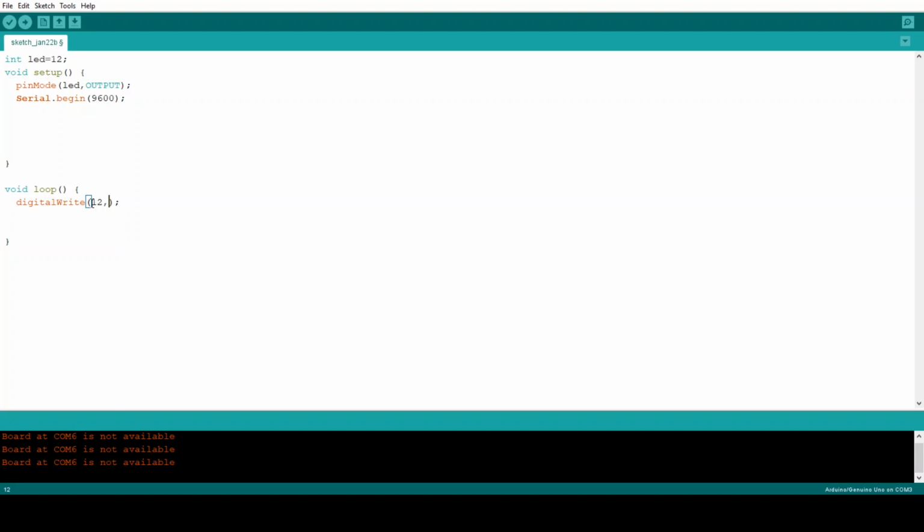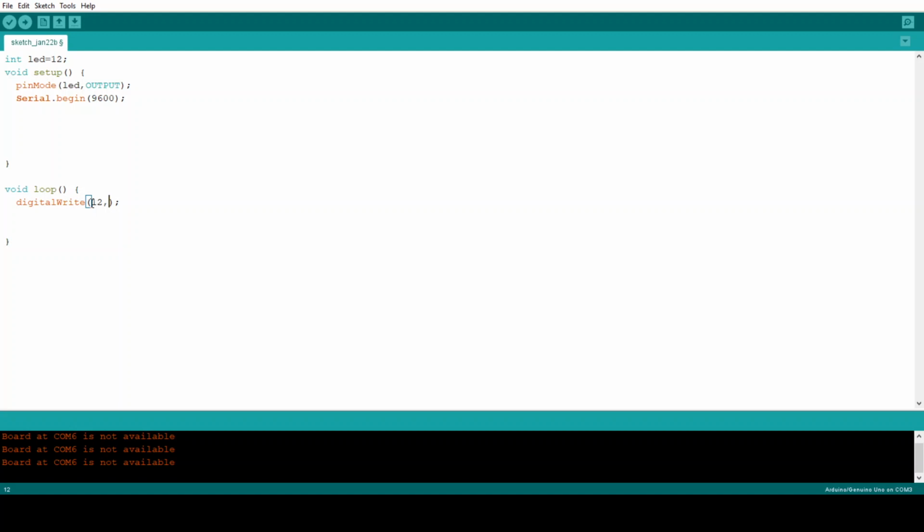We have to know digital and analog, right? Digital means it has zeros and ones. Analog means it can take any values. So with the digitalWrite command, we put only zero or one, otherwise HIGH or LOW. Just remember it.